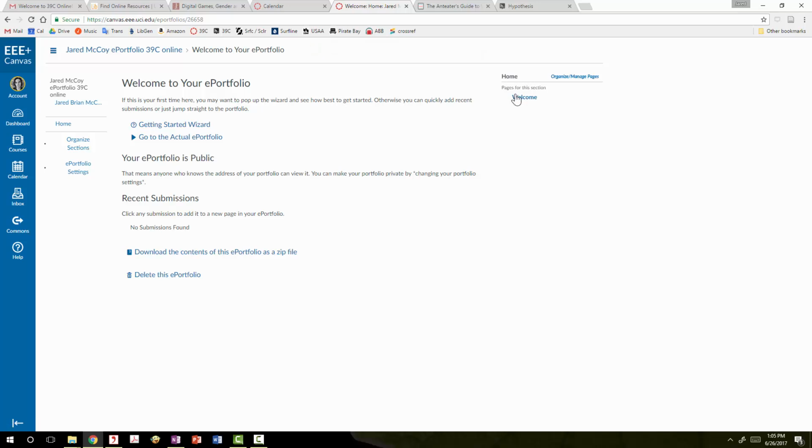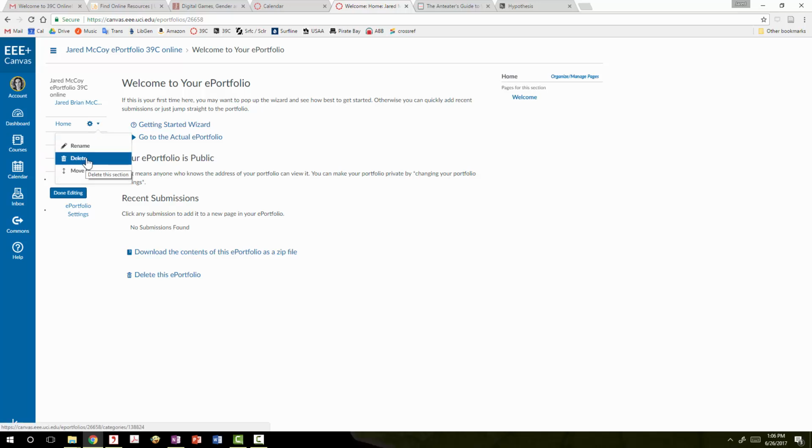If you're looking at your ePortfolio on a full-size screen like this, the sidebar should display like this. If the screen is smaller, they may move down to the bottom of the page, so just beware of this. First thing you'll want to do is select Organize Sections and create individual headings for the HCP, the Advocacy Project, or AP, and your Annotated Bibliographies, or ABs. You can delete the Home section and the Welcome page since we won't be using these.